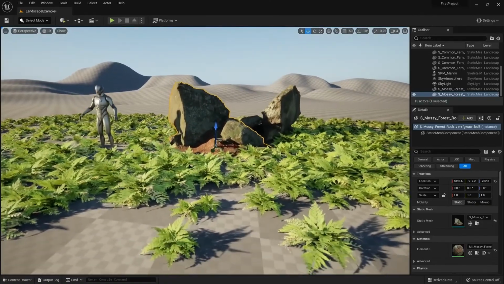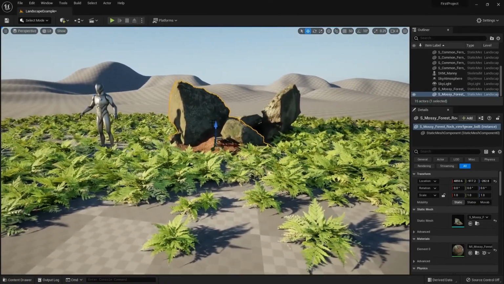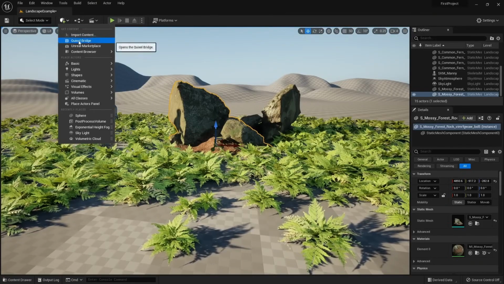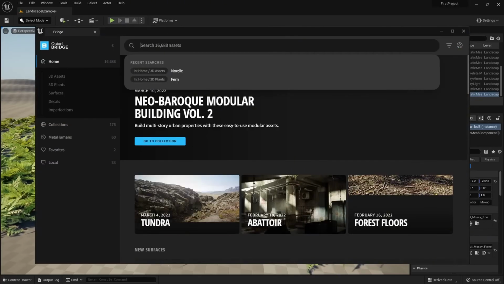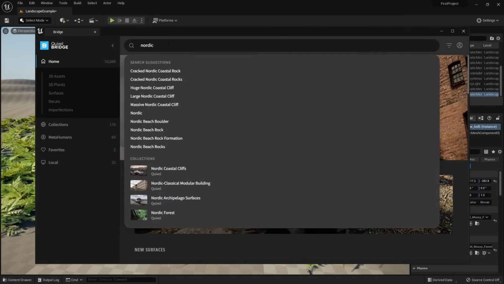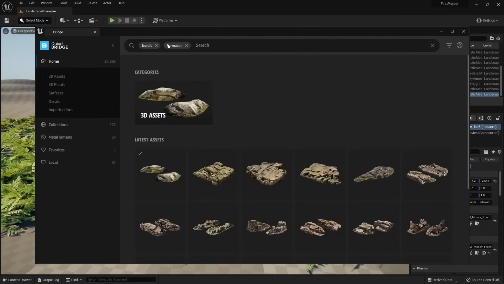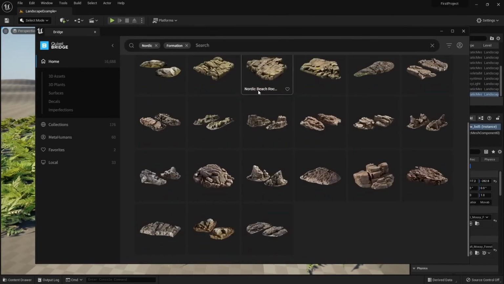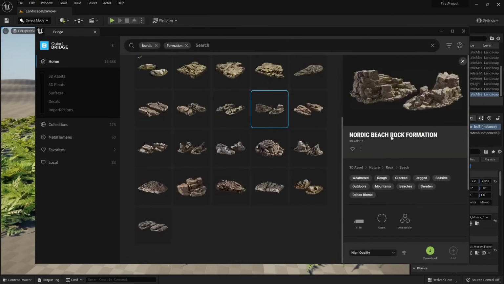So maybe in the future, you can enable Nanite on foliage and make that a lot more performant than what it is right now. We can even download a Nanite version of this object. So Nanite will automatically be enabled from Megascans. To do so, let's hop back into Quixel Bridge. And I specifically want to download, let's go Nordic Formation. Type that in, and I think it is this mesh right here. So Nordic Beach Formation. And instead of selecting high quality, medium quality, or low quality, we will select Nanite quality